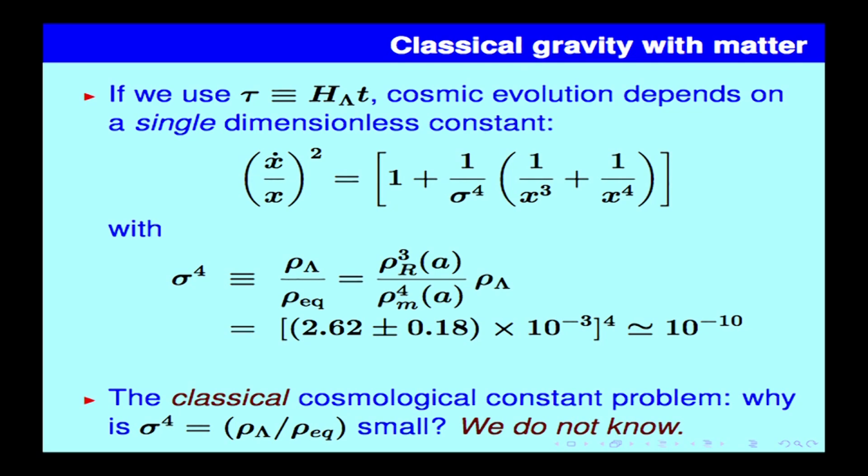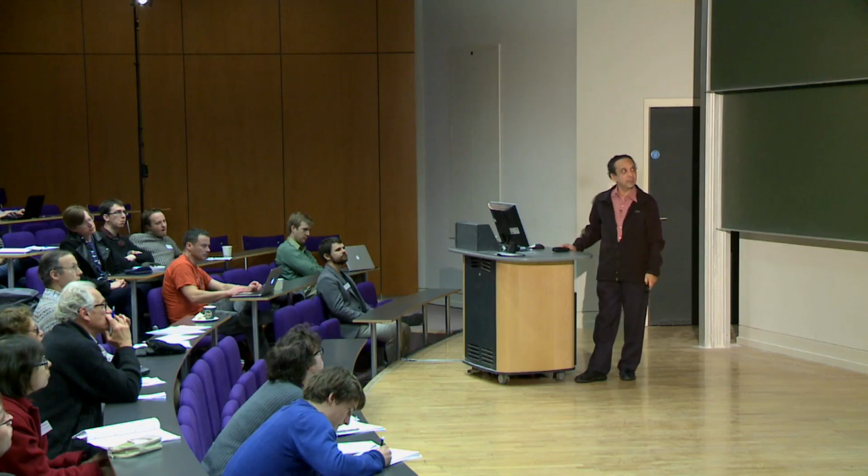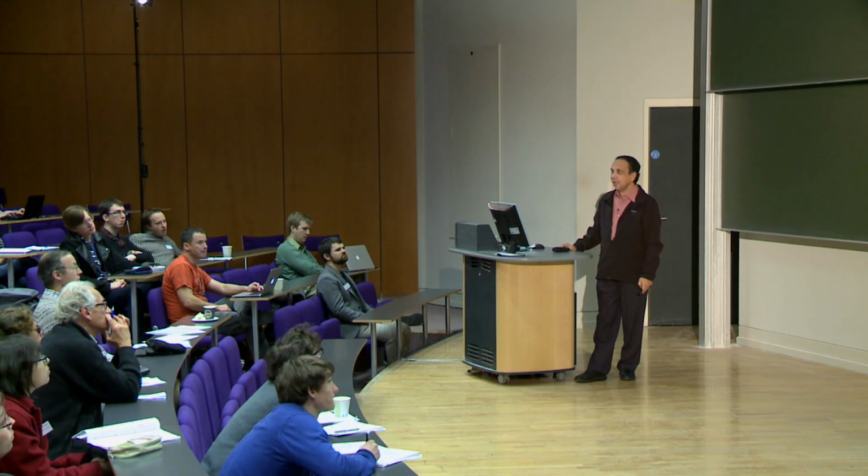We do not know where it comes from, because it involves rho lambda, and even if you fix rho eq, until you know rho lambda, you cannot answer this. So, this is, so to speak, the classical cosmological constant problem. But of course, people, as I said, the other